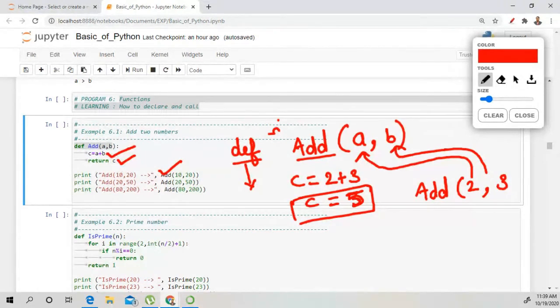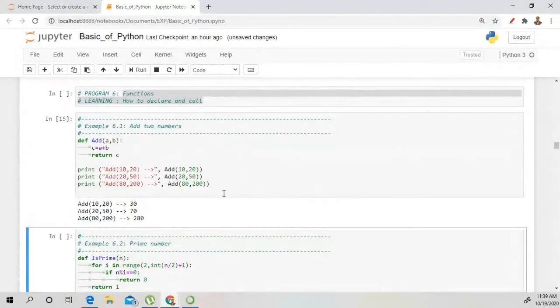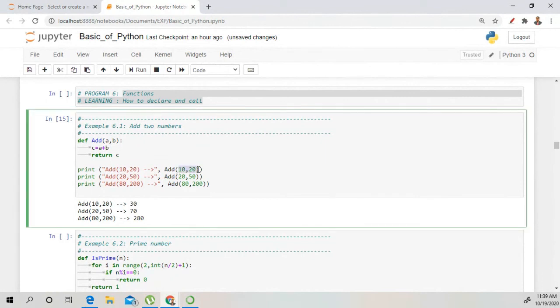Every time you will find this function useful in your programming. If you know how to create a function, you can create any application. Any doubt till now? Let's take a look at how to run this function. As you can see right here, we passed initially the values 10, 20, and it showed the addition of the two numbers, 30.